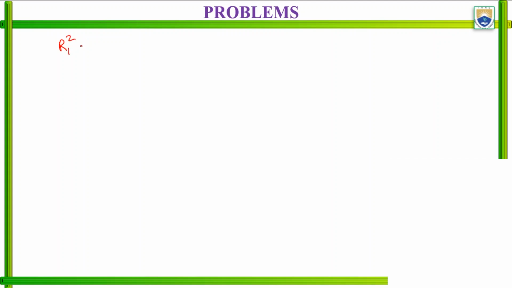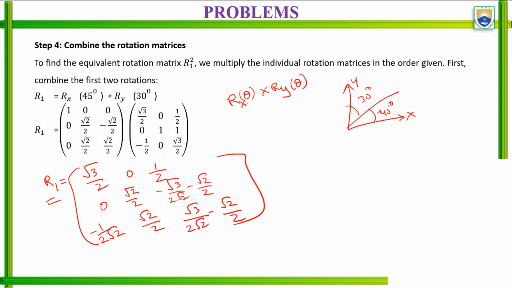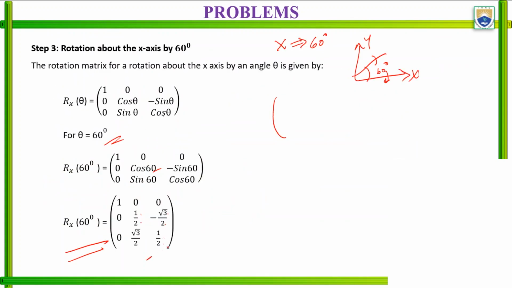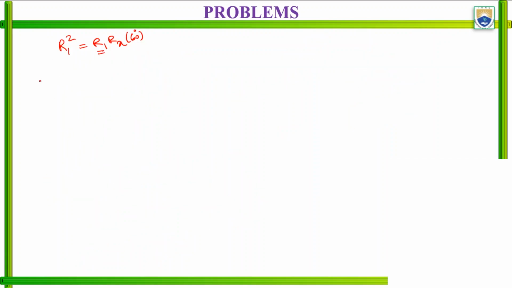Now when we square the rotational matrix, what will we be getting? R1 into Rx of 60 degrees, since we have the rotation of the x-axis with respect to 60 degrees also. So what we need to do is R1 square is equal to R1 into the rotational matrix with respect to 60 degrees. Here, what is R1? This we have already calculated. So this into this particular matrix which we are getting with respect to 60 degrees, right? So R1 square is equal to